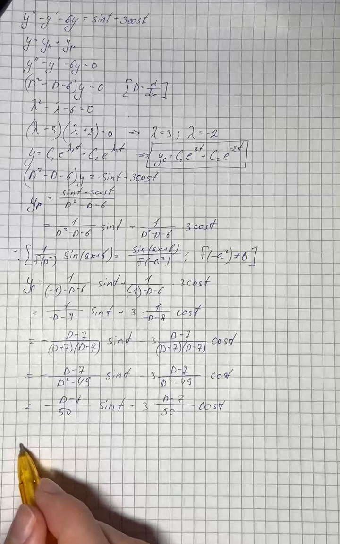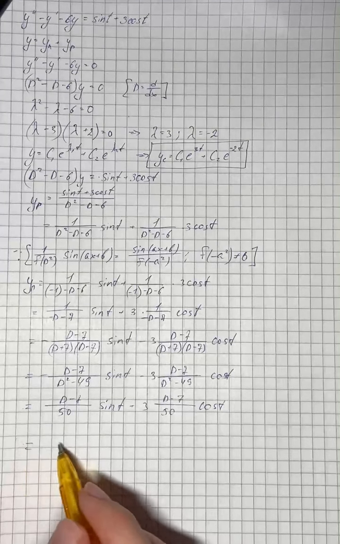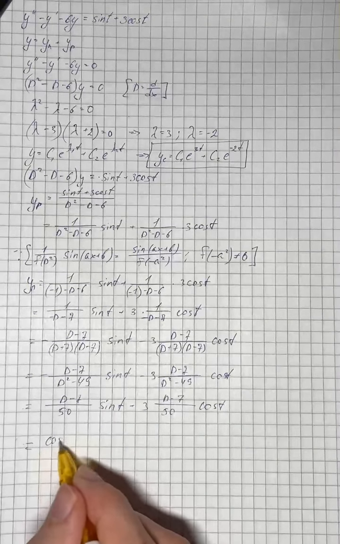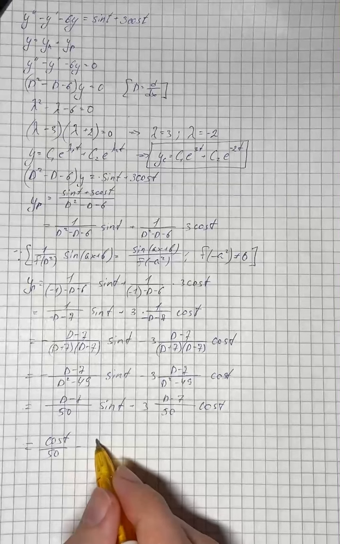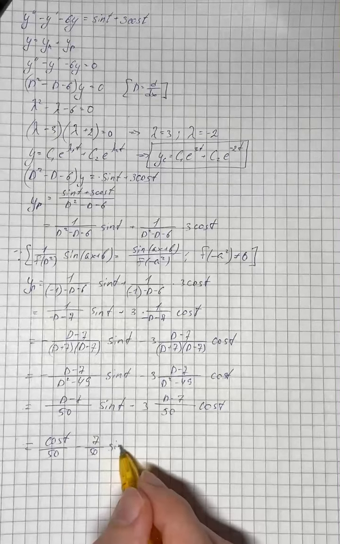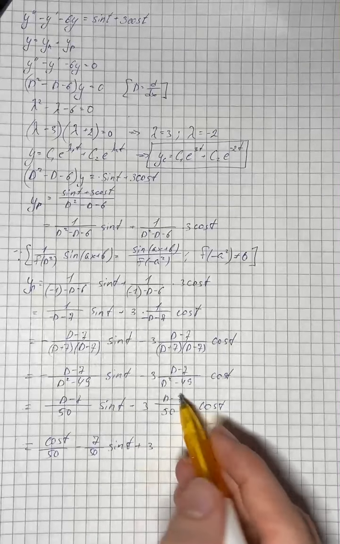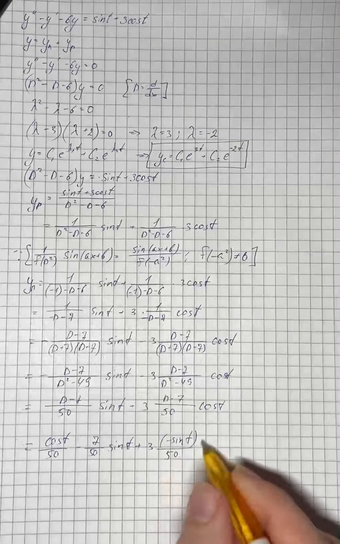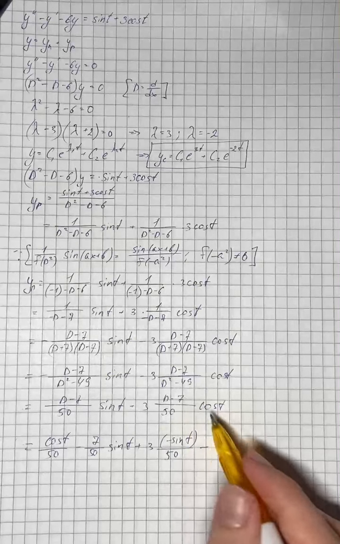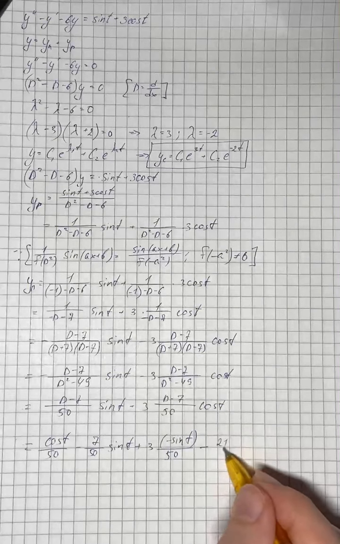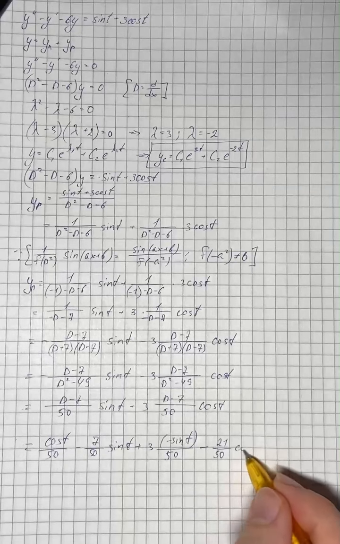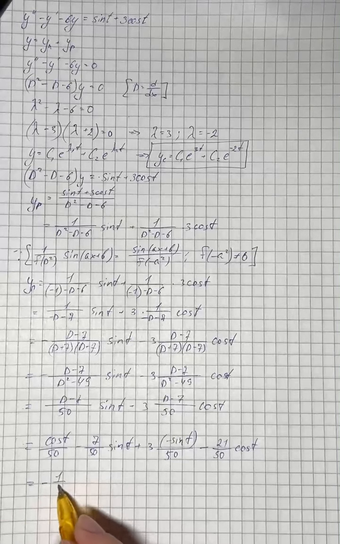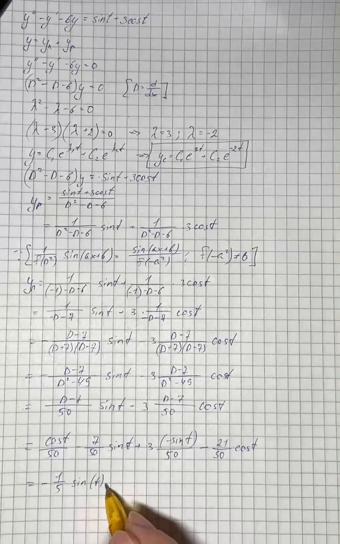So it's going to be the derivative of sine of t, which is cosine of t, over 50 minus 7 over 50 times sine of t, plus 3 times the derivative of cosine of t, which is negative sine of t, over 50, and minus 3 times 7 times cosine of t, so that's 21 over 50 times cosine of t, and that equals negative 1/5 sine of t minus 2/5